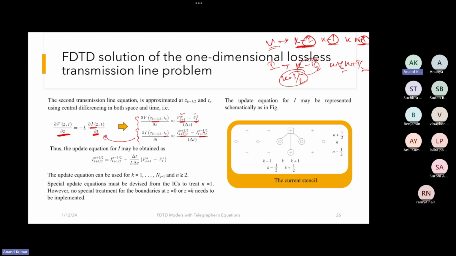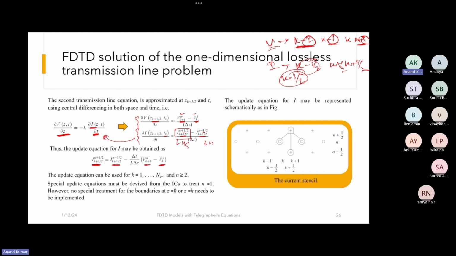and then we put them back. When you put them back and try to evaluate, you will notice that in this case the latest time instant is n plus half, because the voltages are given at the nth instant and the current is given at n plus half and n minus half. So n plus half is the latest current value. We'll bring this to the left hand side and all the rest of the values to the right hand side, and once we have done that, we'll get the current value at the latest time instant at the k plus half position in terms of the current value at the previous time instant at the same position, and the voltage value at the previous time instant